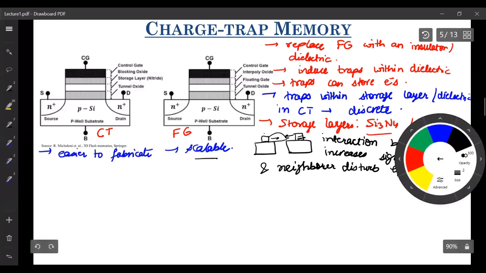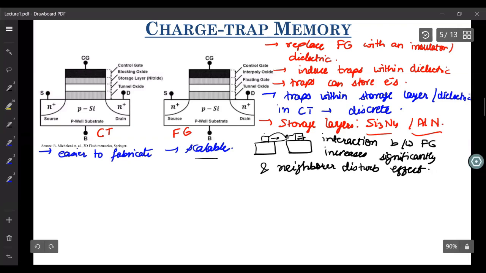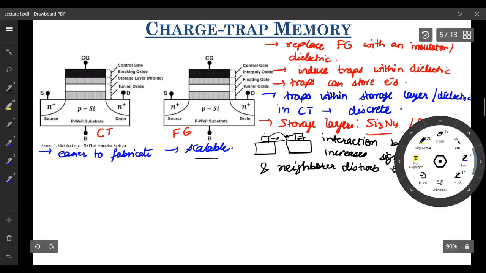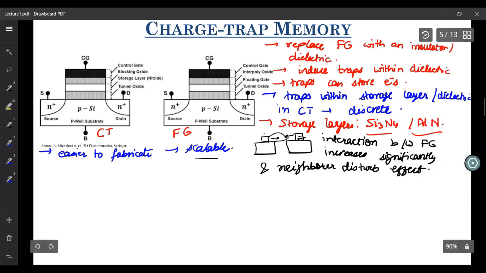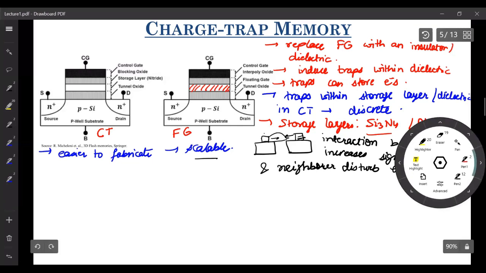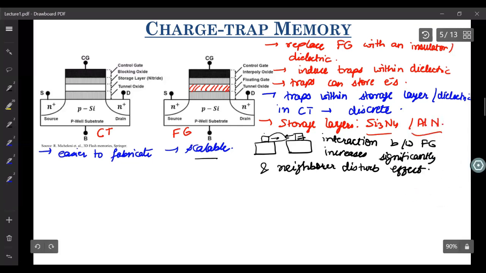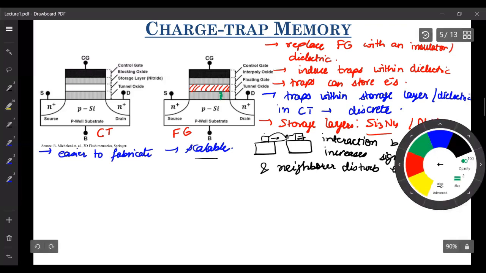There are other coupling mechanisms, however, that we'll discuss when we cover the reliability of these three, like charge trap memories. The other point which is really important is related to retention. As I told you, this floating gate is a kind of polysilicon, but it's treated as a metal. So it's a continuous surface on which the electrons may move. So if you have something like a continuous channel formed because of SILC or any other mechanism between your channel and your floating gate, let me write that as well.